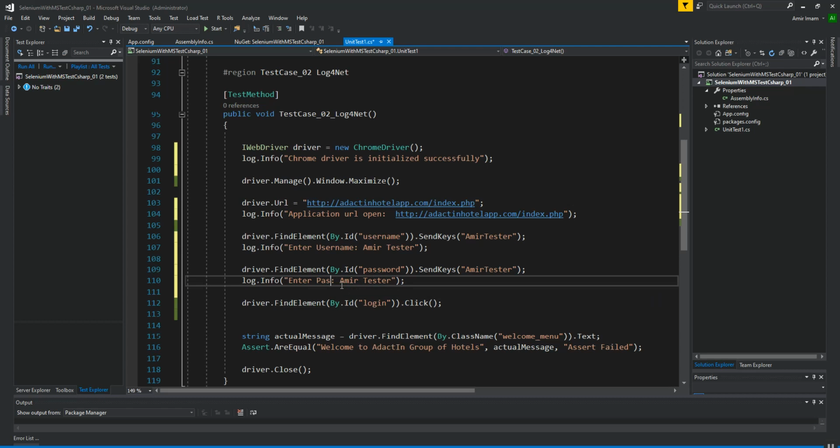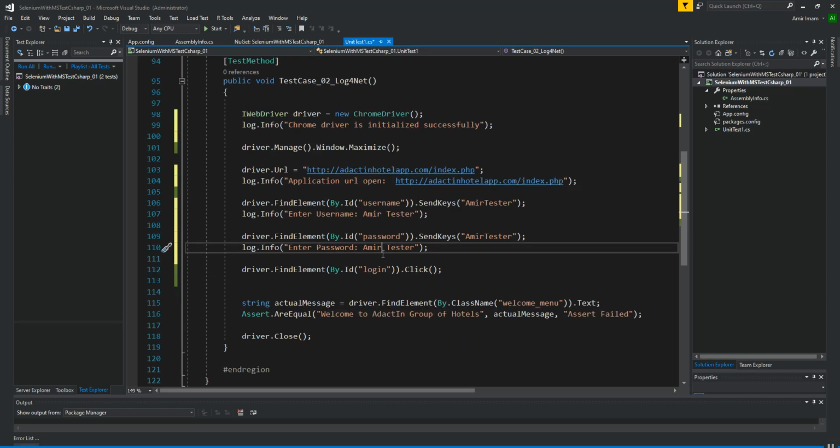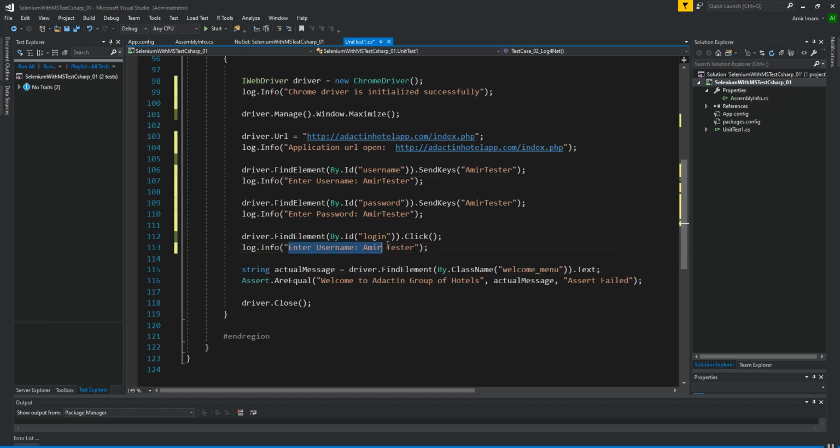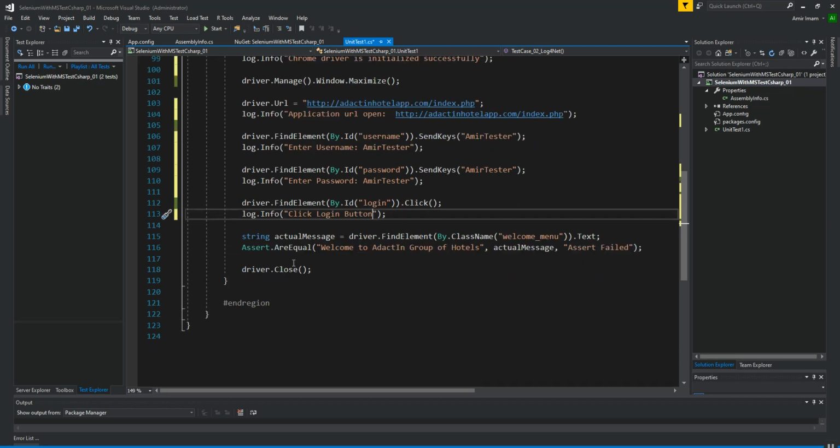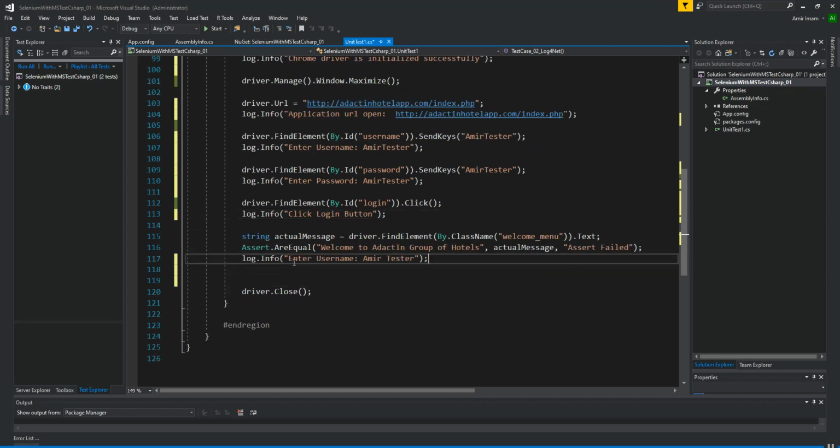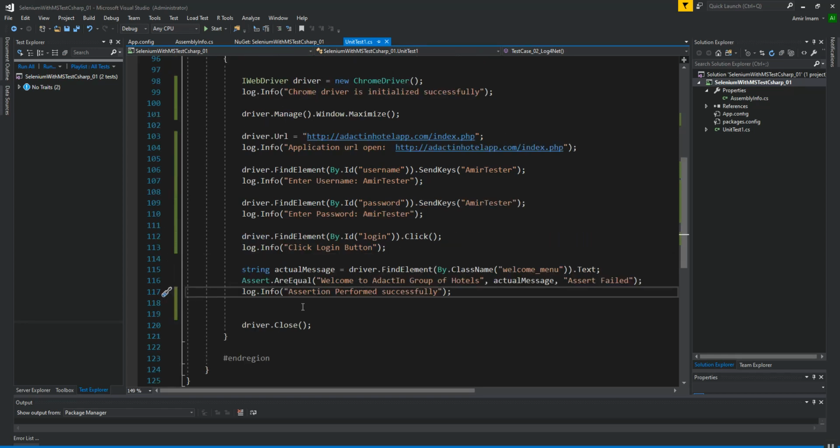Enter password, click login button, and also assertion performed successfully. So I am putting log.info on each step, so that each step can be logged. You can put it as per your need.